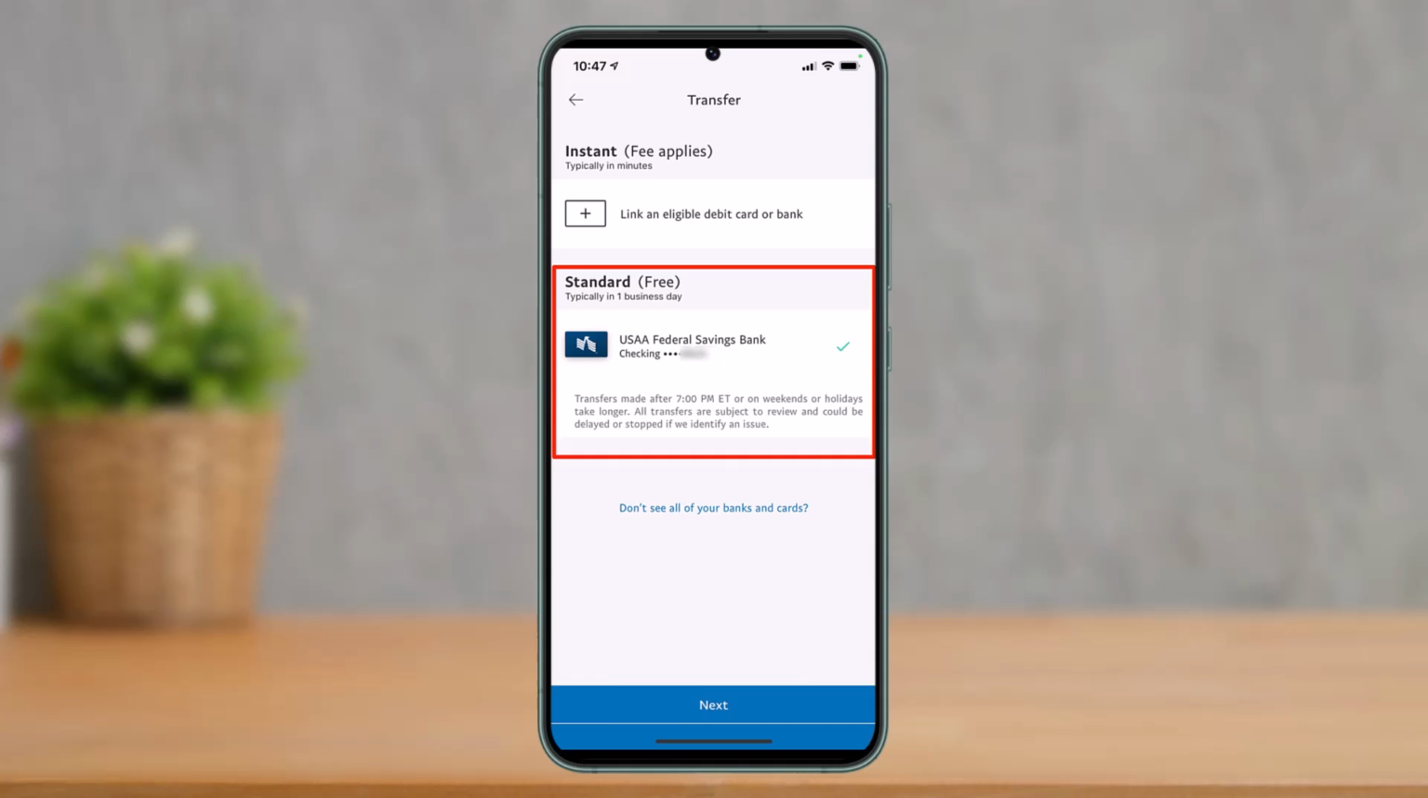Now enter the amount of money you actually want to transfer, and then just tap on next, and confirm that you want to complete this transaction by tapping the transfer this much amount at the bottom of the screen. And that is all it takes to actually transfer your money from PayPal to bank account. Though it may not be instant and may take some period of time, this is how you can get your